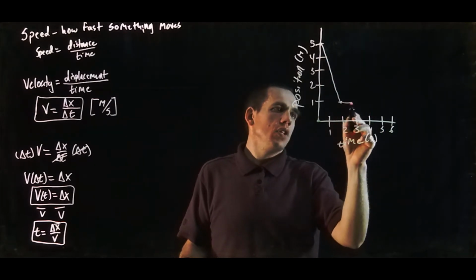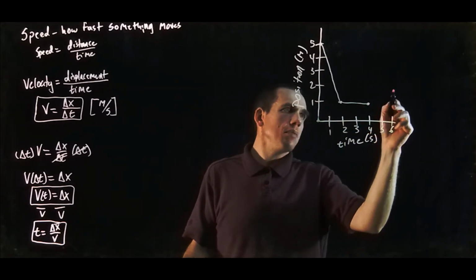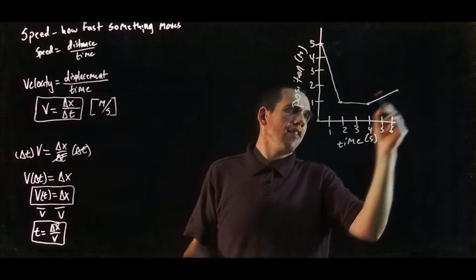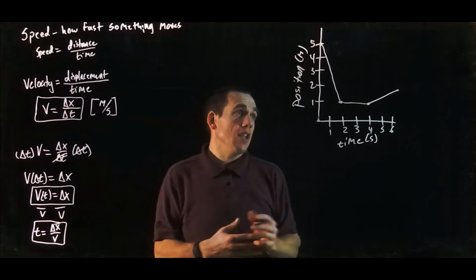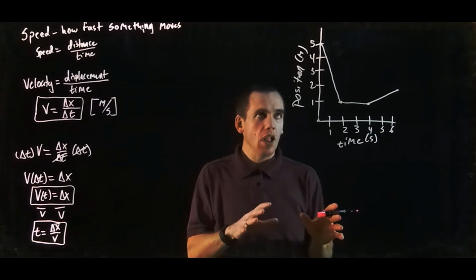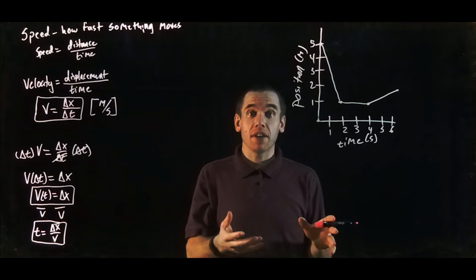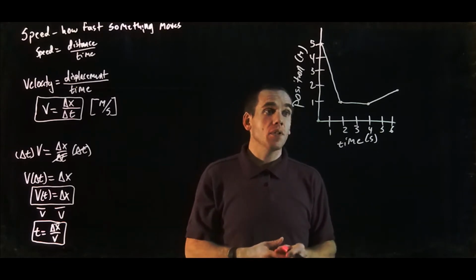And then we'll go over to 4 seconds and not move, and then we'll come up to 2 meters in that last second. Okay? So, or last 2 seconds. So this is our position time graph, and it's showing us how the object's position changed through time. But it's also going to allow us to figure out the object's velocity for each one of those time intervals,